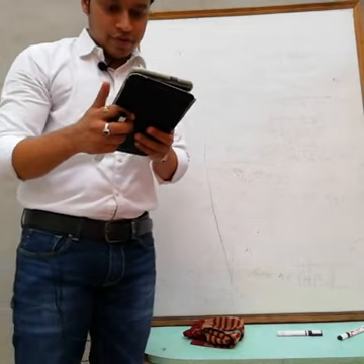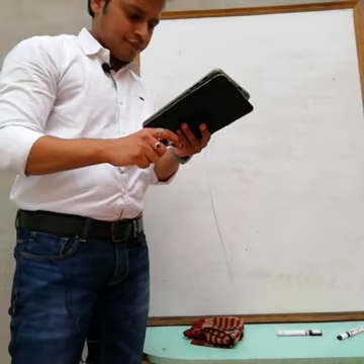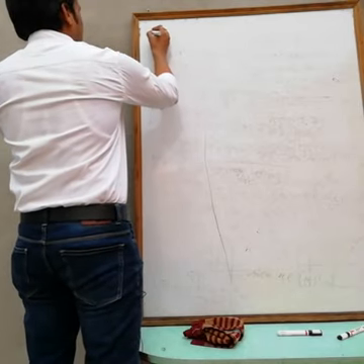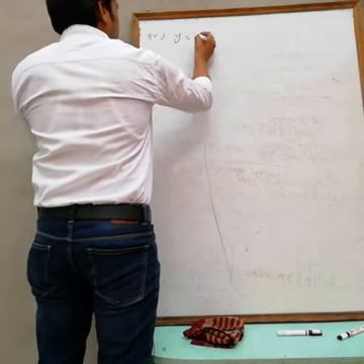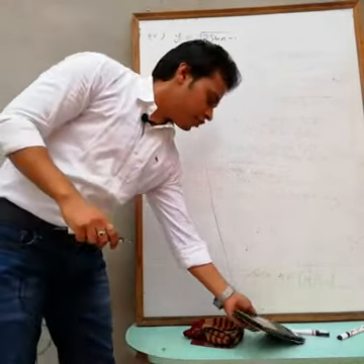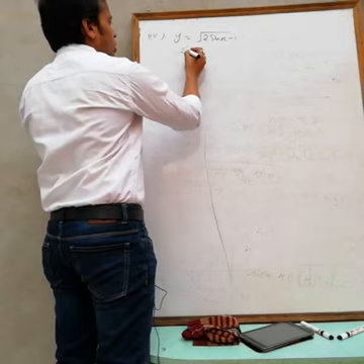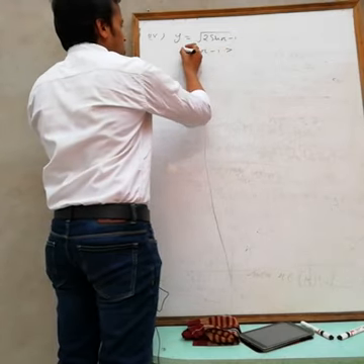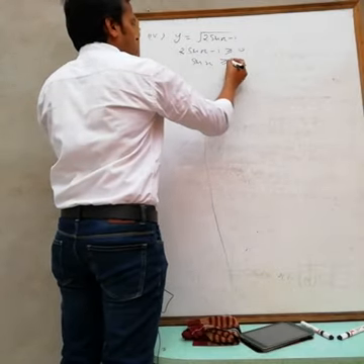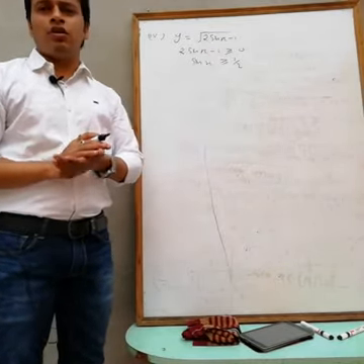Now the next one is the fourth one, y equals root over 2 sine x minus 1. Now you want the domain for this. Again here we have a root, so the condition for the root is that this must be greater than or equal to 0. So 2 sine x minus 1 must be greater than or equal to 0. Then from this we get that sine x is greater than or equal to 1 by 2. Now I want all values of x such that sine x is greater than or equal to 1 by 2.